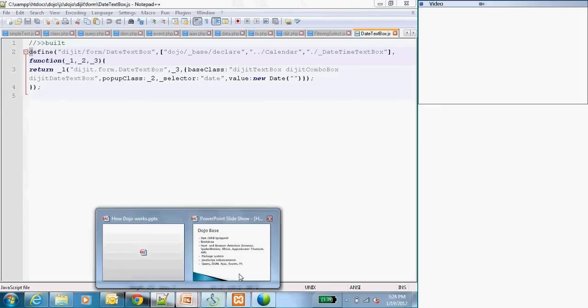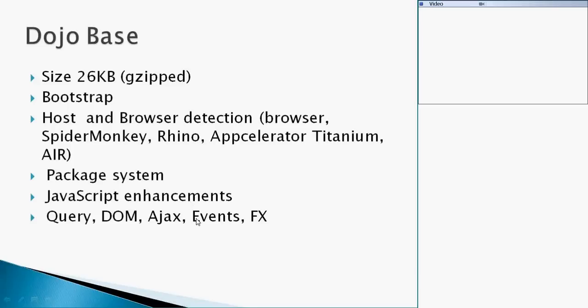Let's go back to the presentation. Okay, and JavaScript enhancements, because some functionality which JavaScript itself is not providing, Dojo provides. Starting from very simple things like add class and remove class functions, which are not there in JavaScript. Dojo provides a lot of functionality which is not there in JavaScript. If you use Dojo, you get a whole lot of extra functionality, even if you are using Dojo Base,